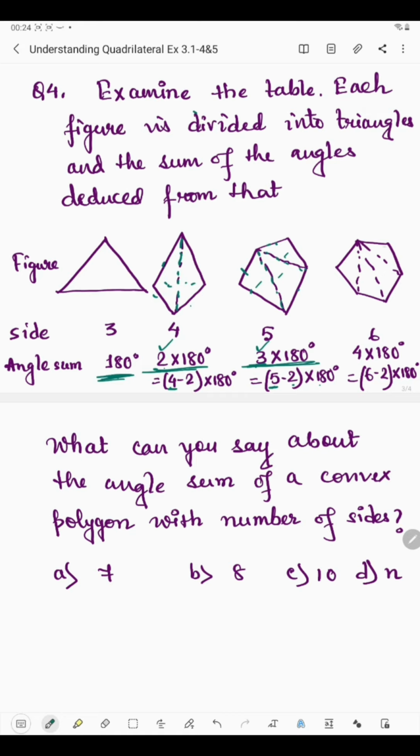Now coming to the last figure, see 1, 2, 3, 4, 5, 6. So this is a 6-sided polygon. So what do we call it? It's a hexagon, right? Now here these are the diagonals. So here the diagonals are drawn to divide the hexagon into 4 triangles. Okay, so here each triangle is 180 degrees. So 4 into 180 degrees is the sum of the measures of the angles of this hexagon. Now how have we got this 4? See, count the number of sides. It has 6 sides. So 6 minus 2 into 180 degrees. So 6 minus 2 is 4.